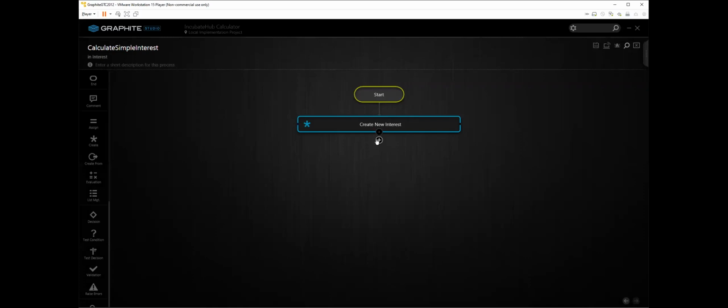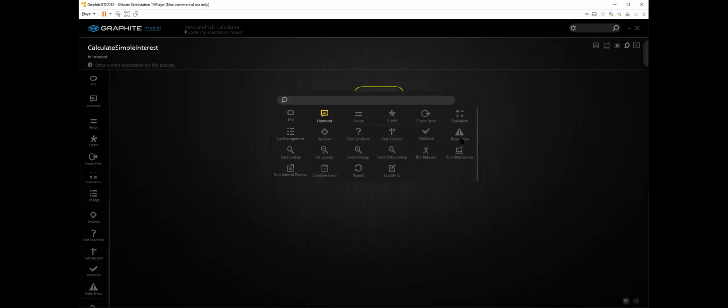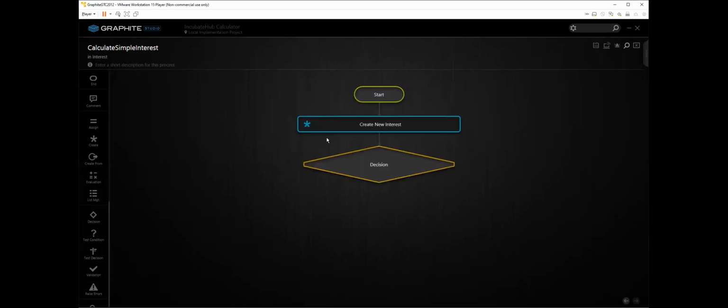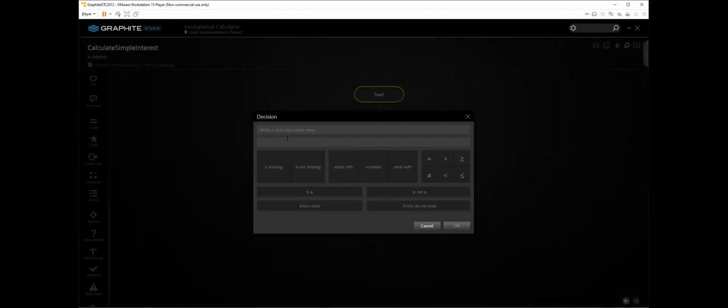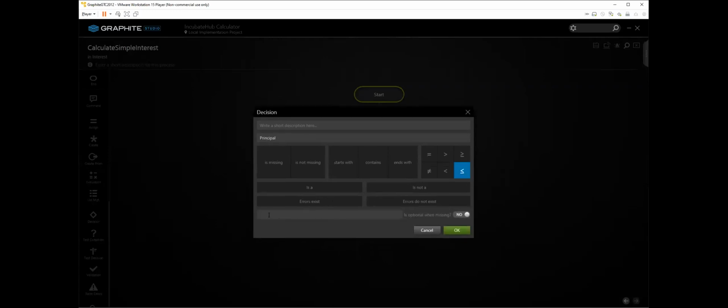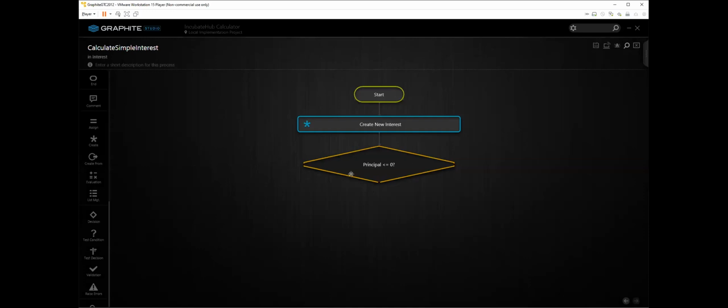Let's say we wanted an if statement. So I click on this plus, it shows me all the shapes that are available. I add a decision shape, which is my if statement. I double click on this, and here is where I can add whatever expression that I want. Graphite only will let you do one expression at a time to make sure that your code is easily understandable. So I say principal is less than or equal to 0, and notice how Graphite generates